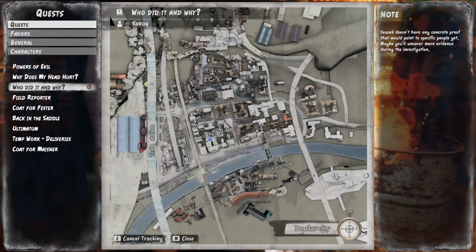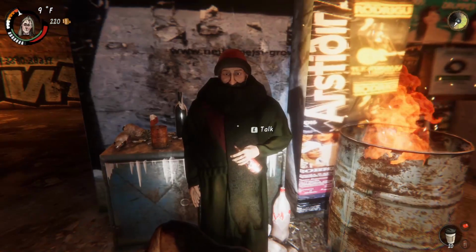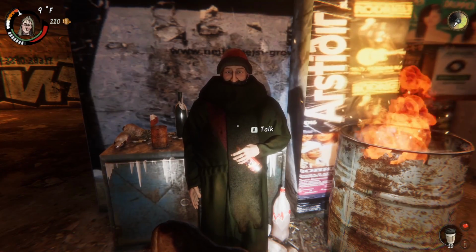Yeah, so basically this part of the map, like I said, this train station area, is my favorite place to be, especially early game. You can just make so much money here, and then these fire barrels right here, you can just come warm up whenever you need to. But yeah, Cardinal right here, he gives you the drinker perk,